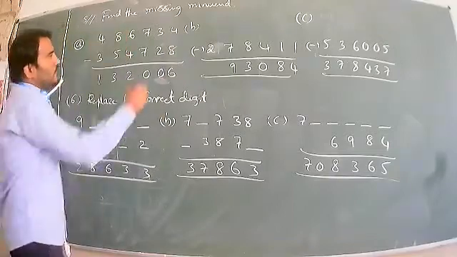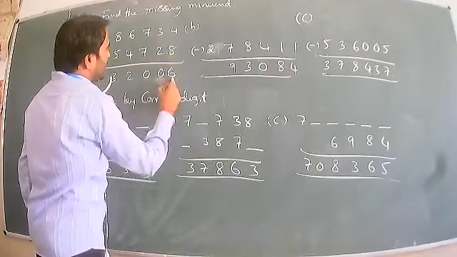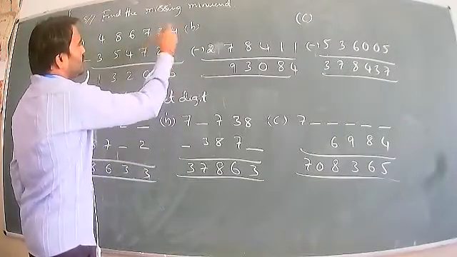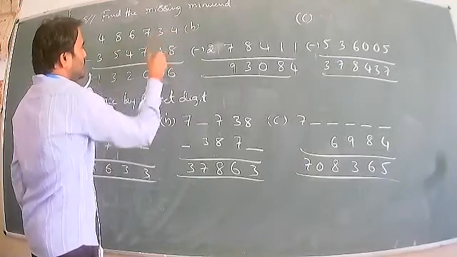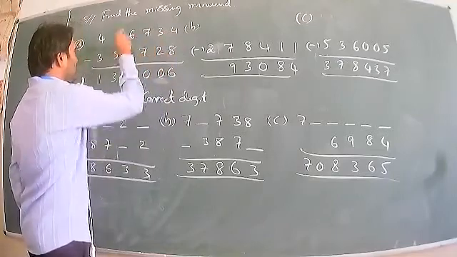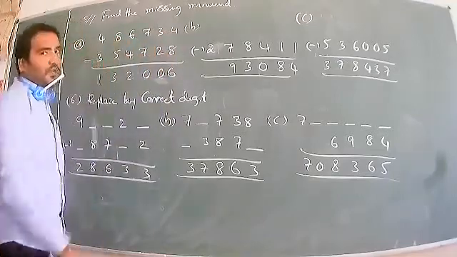Just now we can look, 4 is not less than 8. Take the carry. So 12. So it is 2. It is 14. 14 less 8, 6. 2 less 2, 0. 7 less 7, 0. 6 less 4, 2. 8 less 5, 3. 4 less 3, 1. So it has to be the same.